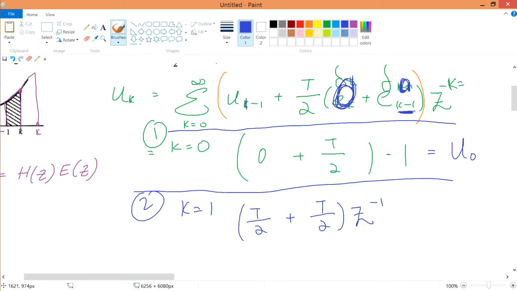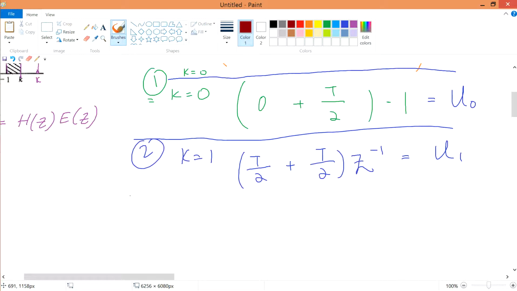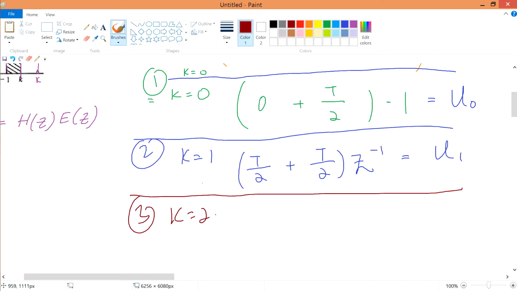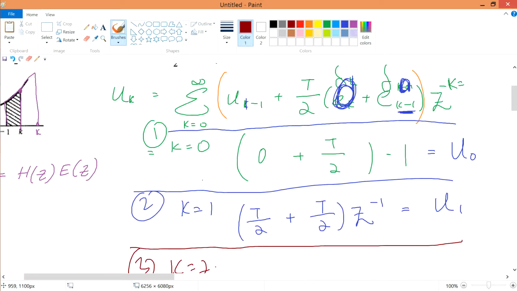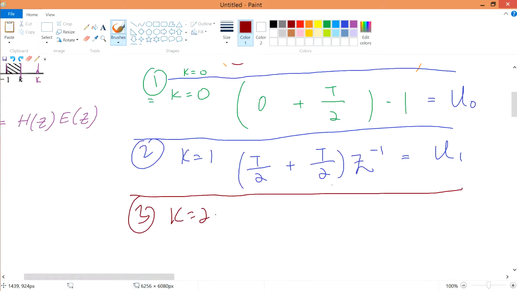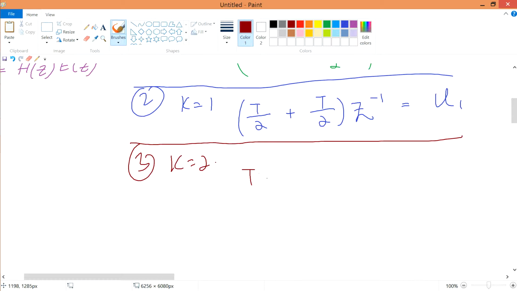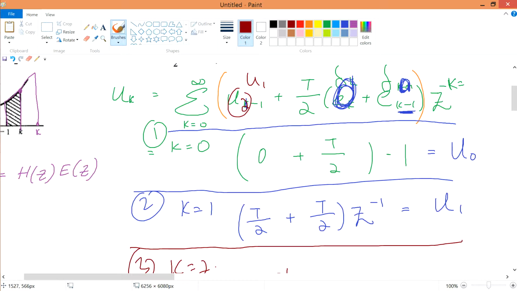Therefore, it's z minus 1. So this will be your next input, u1. Next, if I were to sub in k equals to 2 now, u2 minus 1 is u1, which is simply your previous input. So it's just your t over 2 plus t over 2, which is t, z minus 1, plus